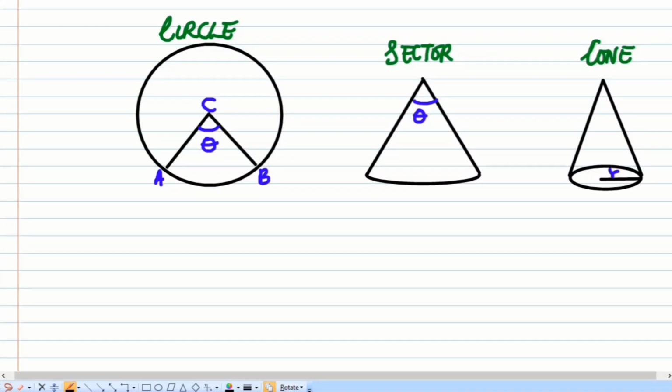Okay, today I want to show us the relationship between a sector and a cone. Why I have introduced the circle here is because it is important to know the origin of the sector. This sector is from the circle. So if you look at the circle, we know that from the center, which I've called C, to a part